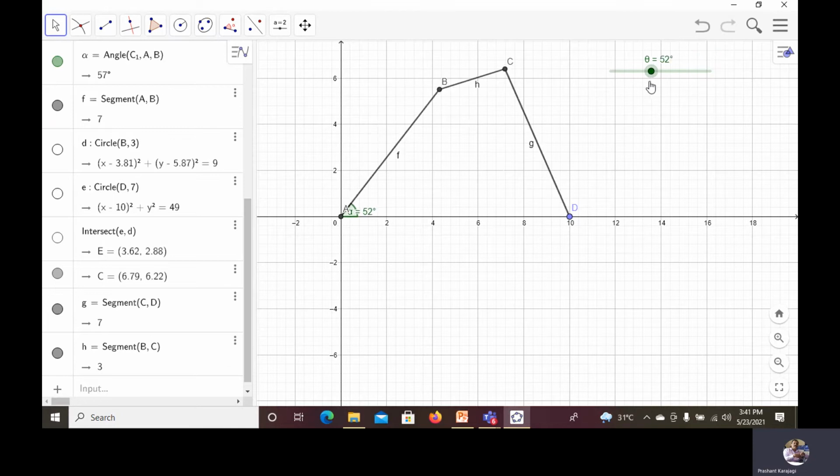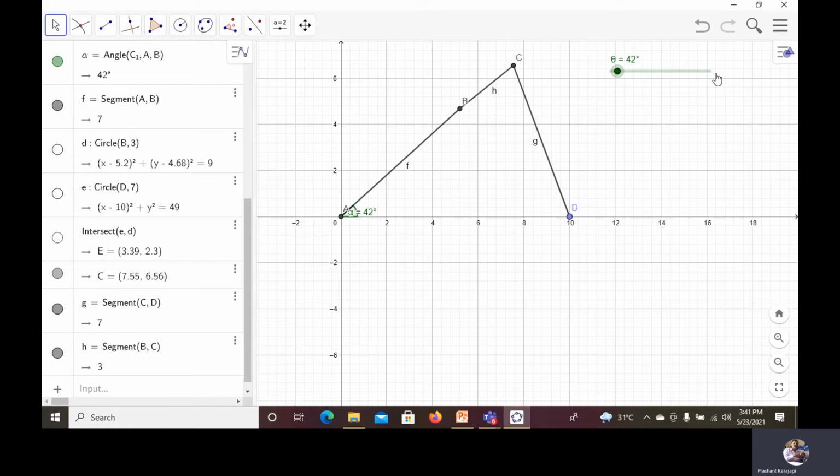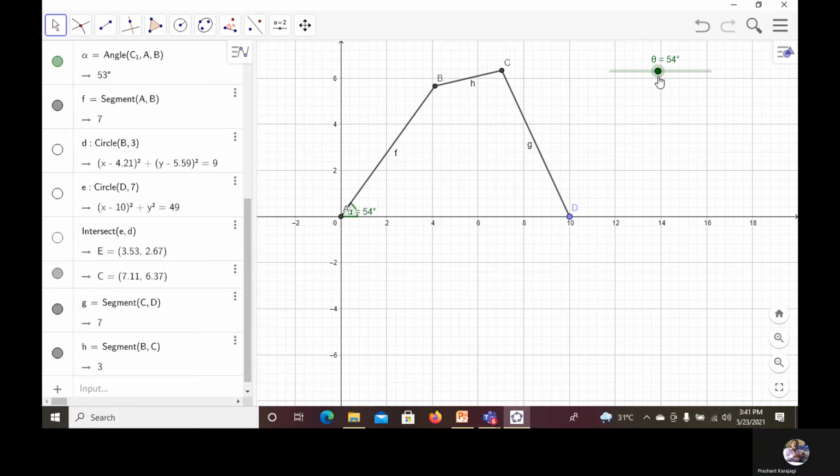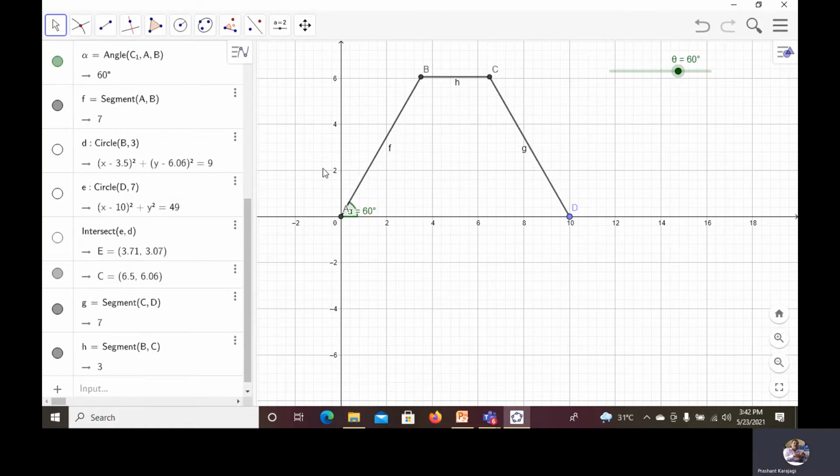As you shift the position of AB between 40 degrees to 69.5 degrees, the mechanism also moves.